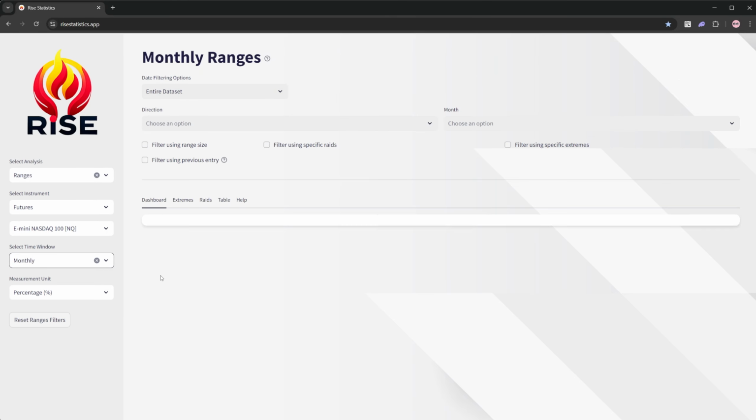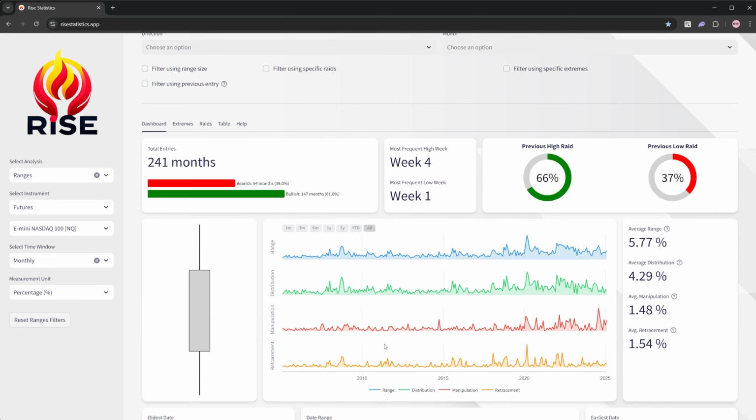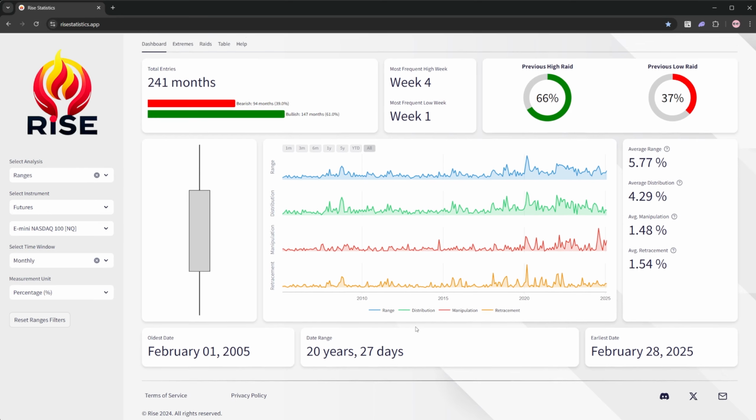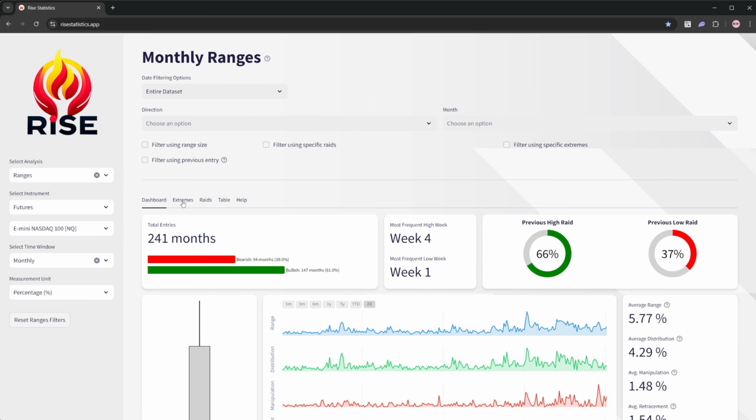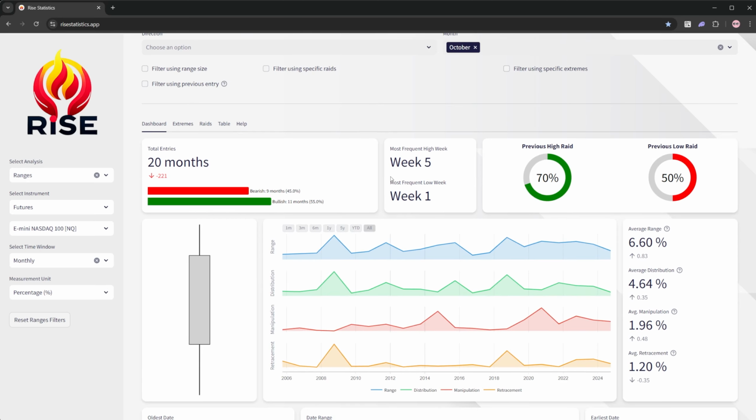Statistically speaking, that is definitely what we are going to be looking for, but we can go a little deeper. I always love going into this ranges analysis to get some more insight, right? And I'm always utilizing the furthest possible data that I have access to. I feel like that is definitely the more useful way to go about it. We're going to be looking at the month of October here. So overall, October, pretty average, a little bit of a bigger range, and mostly focusing on the distribution, right? This is why I like using by default the percentage-based unit, because I can go all the way back to 2005, 2006, and get all of that data to get average movement, right?